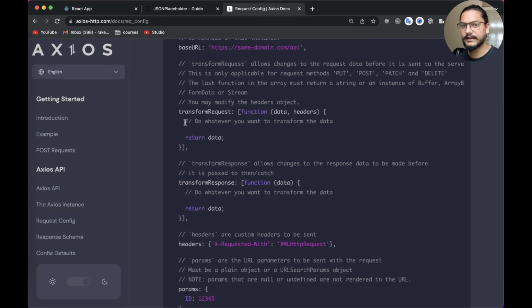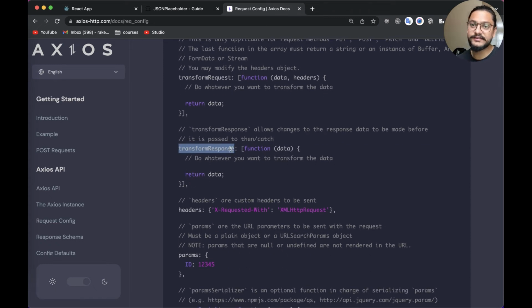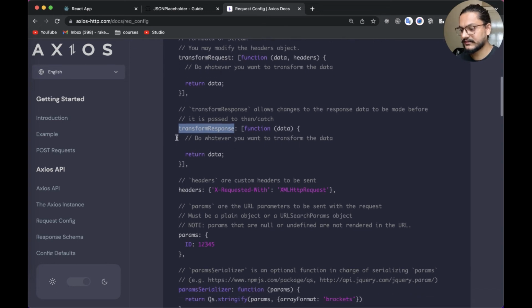So I'll tell you some very important ones, like transform request and transform response. Basically when you send a request from your browser to your backend server, sometimes your server API will expect request parameters in base64 or some other conversion, right? So you can convert at one place. You don't need to convert in each API, like convert to base64 and then pass it through. You can use this common method available in Axios configuration. Similarly, if you are receiving the data in base64, you can convert that to the normal data using this transform